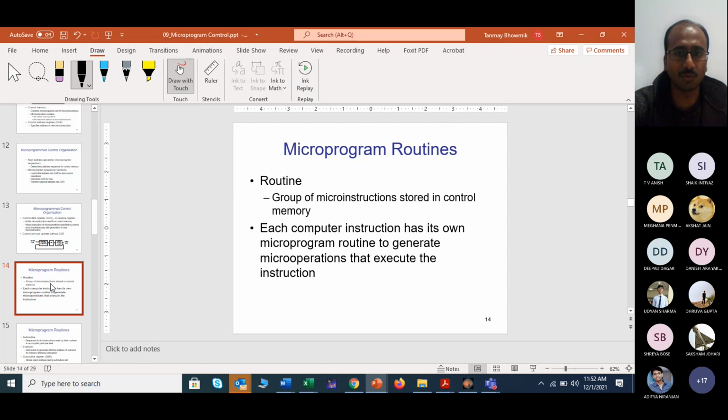So actually, what are they? Some set of micro instructions will be stored in control memory. Why? Because it is actually fixed which instruction will come after which. That means once one instruction has passed, which instruction needs to be generated and executed next. So this whole set, the execution table, all these things will be stored in this